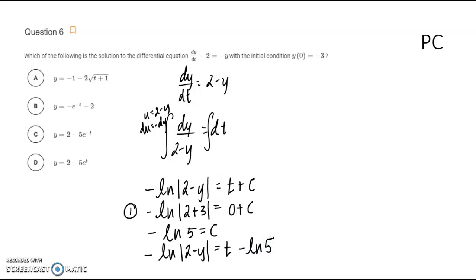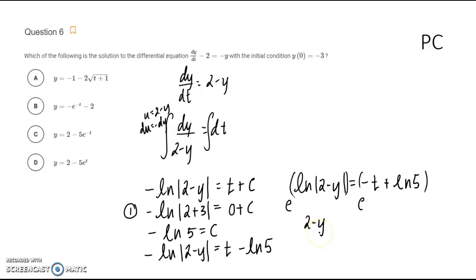Okay, again, the goal is to get y alone. I'm going to divide everything by -1. So I get ln absolute value of 2 minus y equals negative t plus ln of 5. How do we get rid of the natural log? We raise both sides, and this is where, when one student reached out to me, this was the mistake that was made. We raise e to both sides, so I get, now at this point, I can just get rid of my absolute value